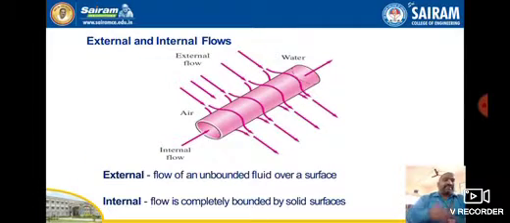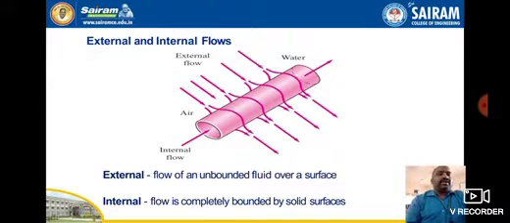What happens if the Nusselt number is less than 1, then we have to go for this analysis for laminar or turbulent flow. So again there are different parameters and correlations we have to use to find out the Nusselt number. Now again there will be external flow and internal flow. Suppose the fluid, say water, is entering into the pipe as the inlet flow, and over this pipe the air is flowing externally. So what we can see is the flow of an unbounded fluid over a surface, and in internal flow the fluid is completely bounded by solid surface.